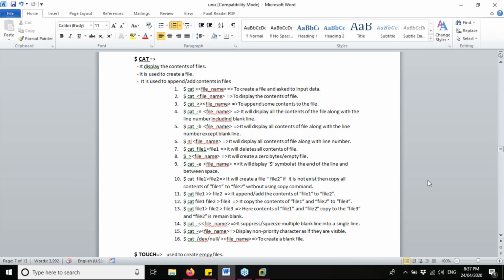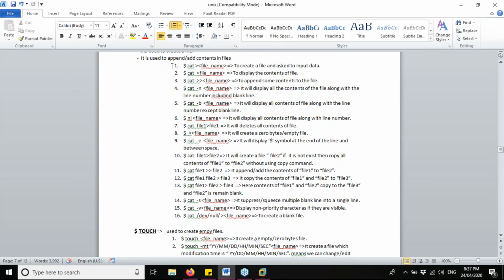So let us first create a file. What is the syntax for that? That would be cat, then the greater than sign, followed by the file name along with its extension.